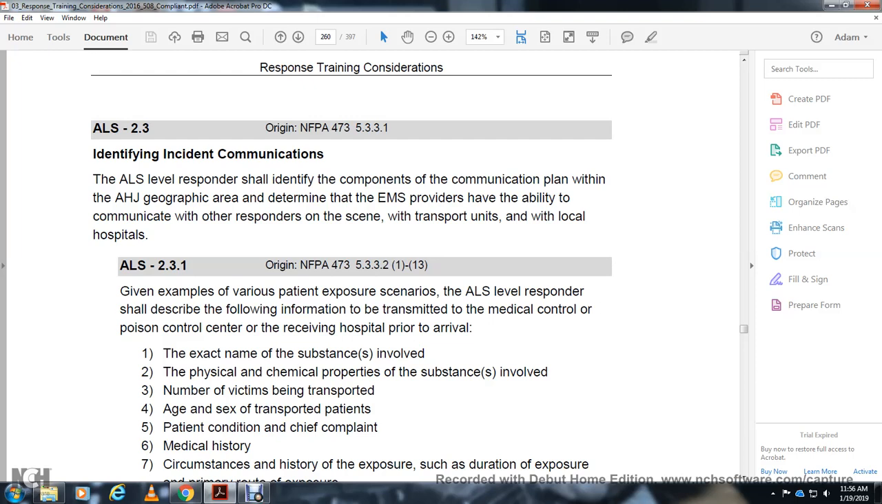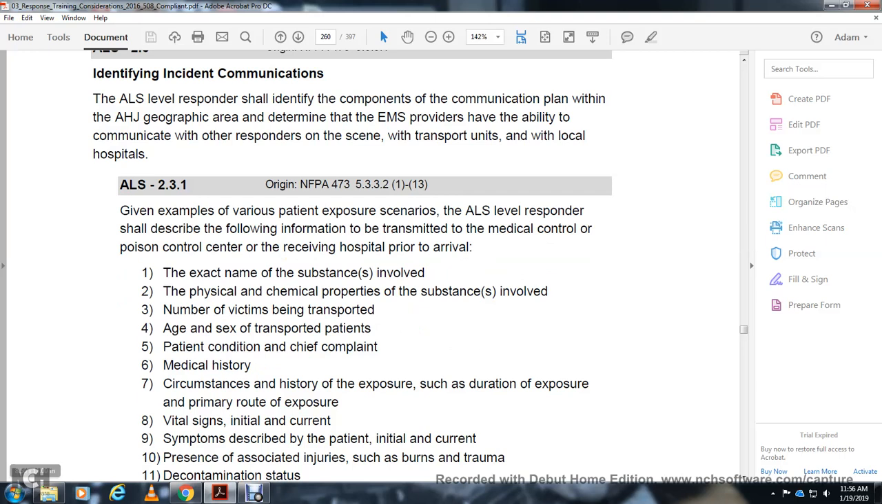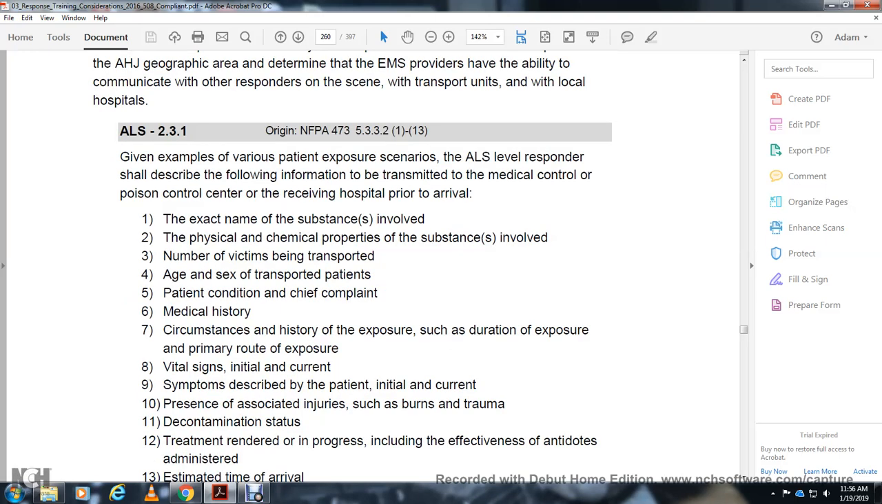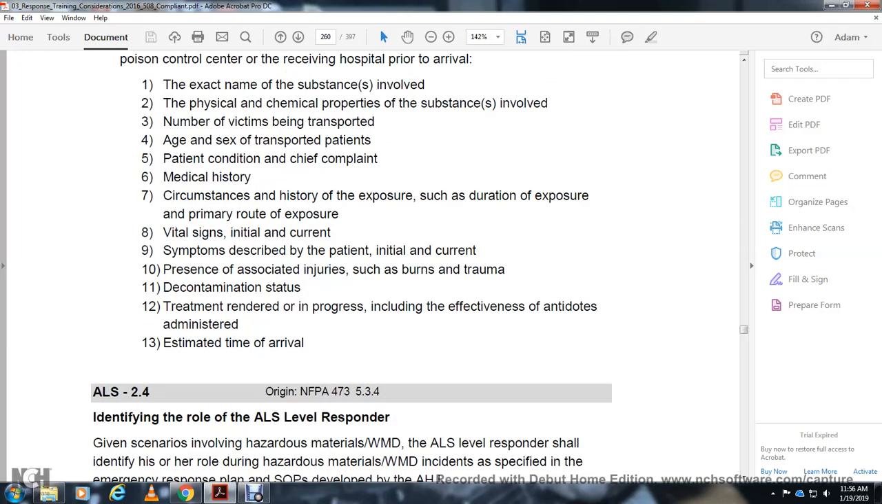prior to arrival: the exact name of the substance involved, the physical and chemical properties of the substance involved, the number of victims being transported, the age of the transported patient, the condition of the chief complaint with medical history, circumstances of the history, exposure duration, exposure primary route, exposure with the vital signs of the initial findings of the system, describe the patient's initial findings, the presence of associated injuries such as burns and trauma, decontamination staff, treatment progress to include the effectiveness and antidote administration effectiveness as many times